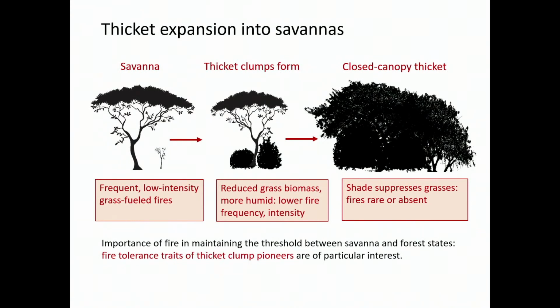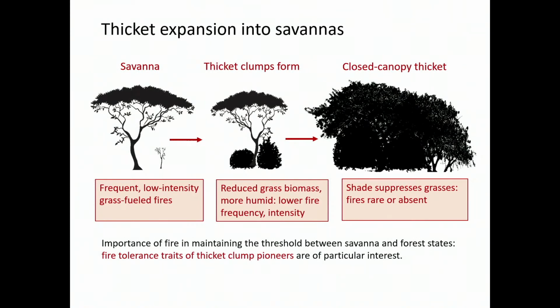But in some cases, when woody encroachment occurs, you go from a state of isolated savanna trees that establish within the grassy matrix and live in an environment of frequent low-intensity fires. And you then, in some places, get the establishment of these shrubs that establish under established trees, so often in an environment with slightly more shady, slightly more humid, possibly less grass biomass. And as they grow up, the thicket clumps expand and they often coalesce. And you can end up with a complete biome shift to closed canopy thicket that is then fire-free.